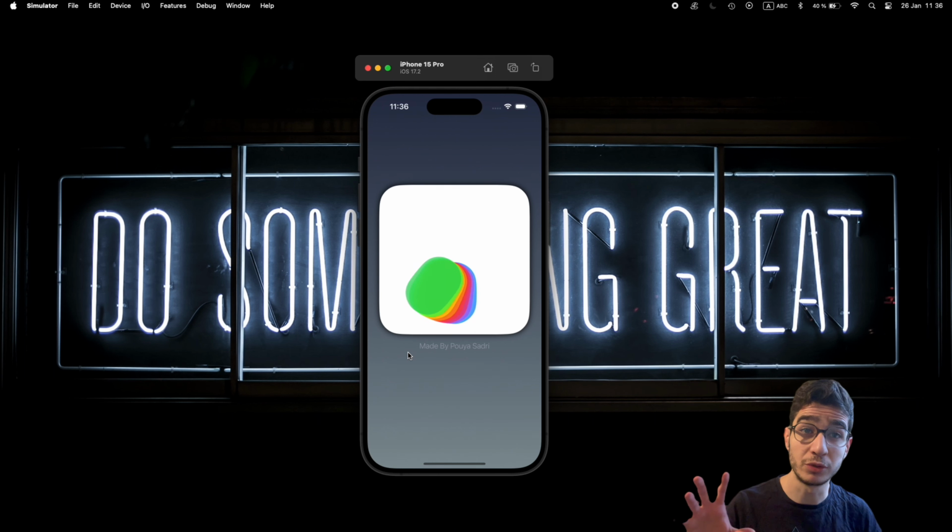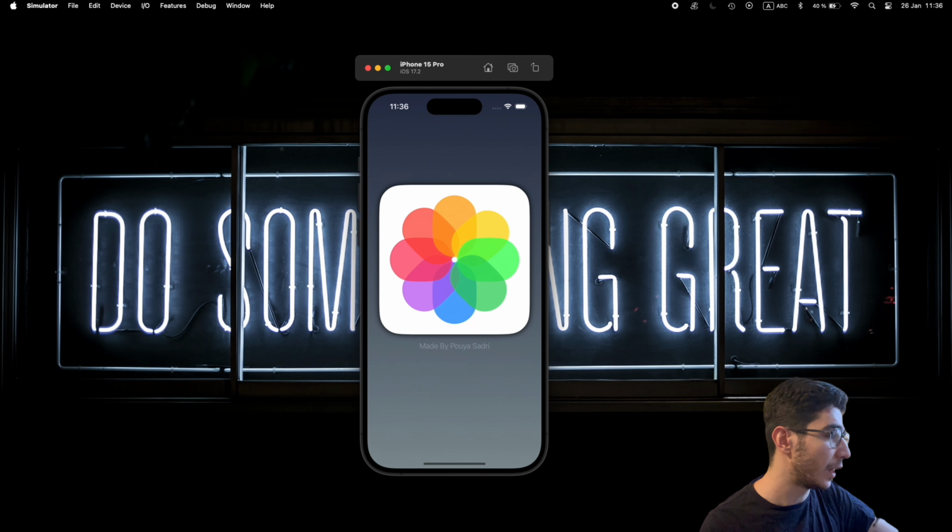So let's jump to the coding. This is our app, and this is our icon here, with a nice move and smooth animation. So let's hit the road and